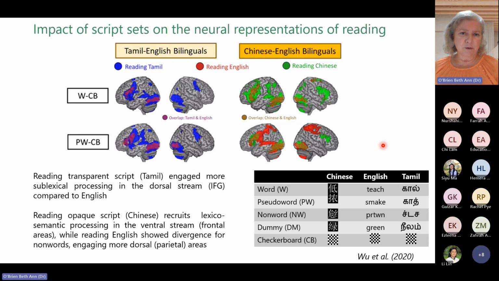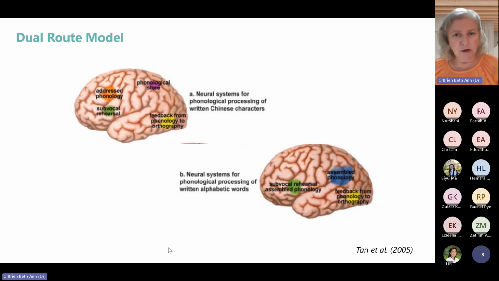And then the other group, that when they were reading in Chinese, this tended to recruit more lexicosemantic processing in the ventral stream, specifically in the frontal areas. And then when they were reading English, there was a bigger difference between reading non-words, which engaged more of the dorsal or parietal areas. So these were some interesting findings, and they go along with some earlier